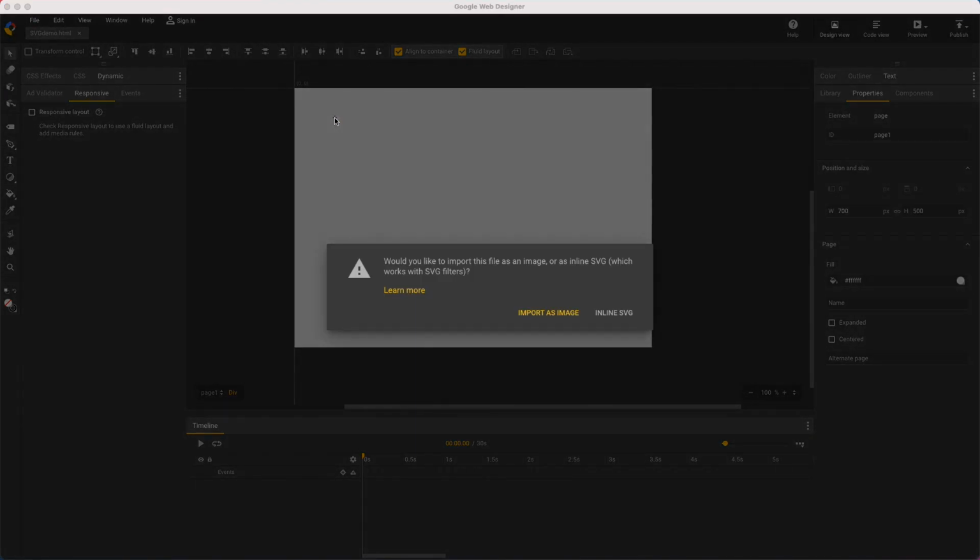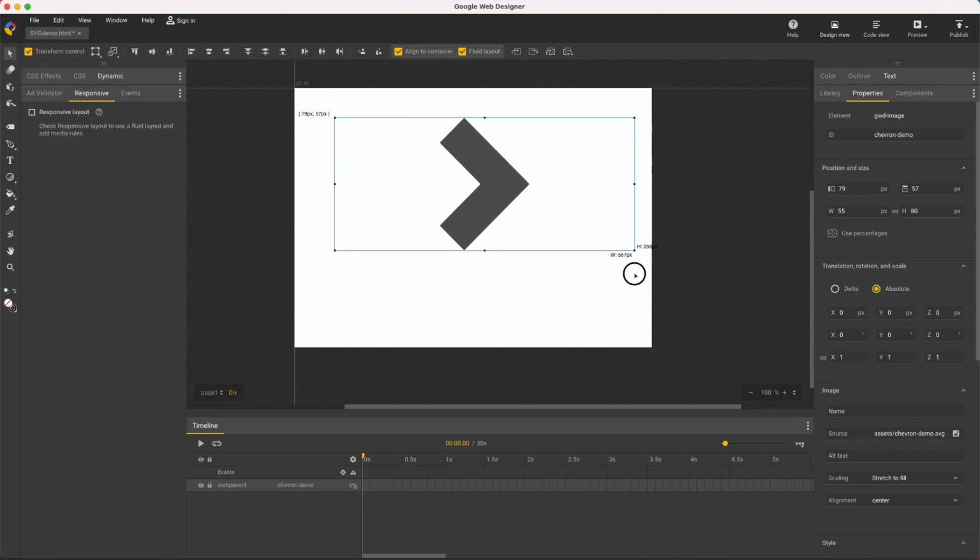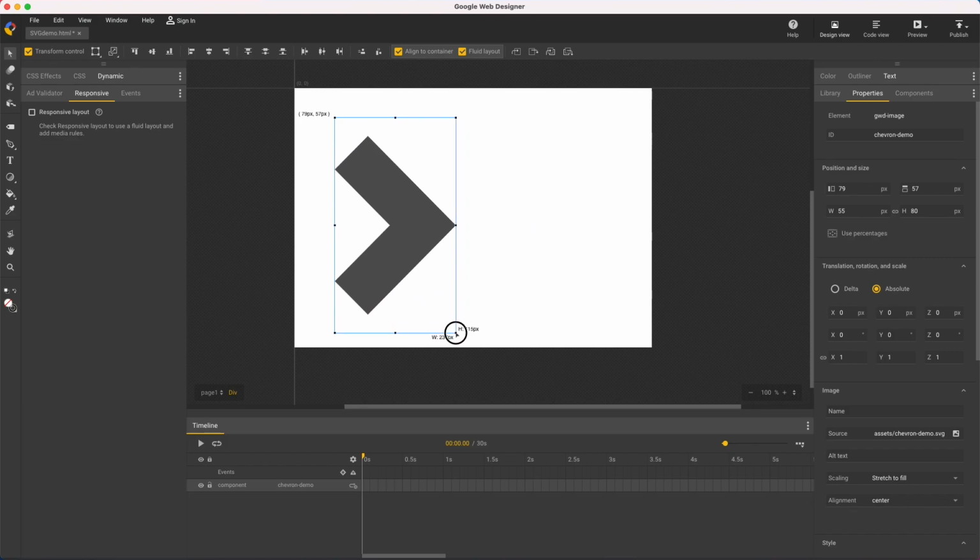When importing SVG elements, you'll need to choose one of two options, Image or Inline. The default value, Import as Image, treats it like any other image, like your regular JPEG or PNG. With the Transform control, I can resize and see the image scales proportionally to fit the container. Scaling and alignment are built into SVG files and not affected by those controls in the Properties panel. That's the usual behavior of SVG images, although it can vary depending on the file. Some files will stretch and others not resize at all. That's all part of the SVG code.